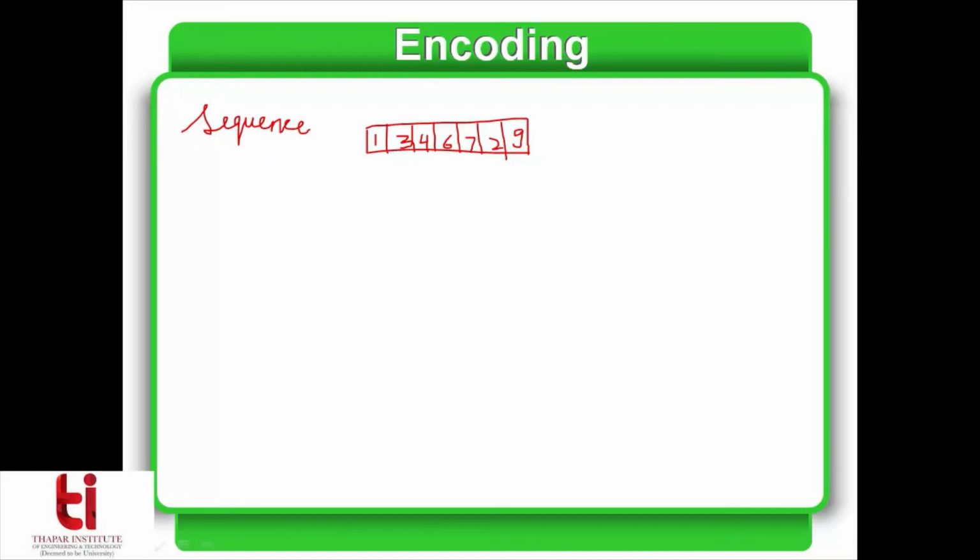Normally this is used in ordering problems, such as finding the shortest path, or the traveling salesman problem, which is a very typical problem solved with genetic algorithms. I can identify each city with a number, and the order in which the cities have to be covered can be represented as the solution. The first solution can say I go to city 1, then to city 3, then 4, 6, 7, 2 and 9. Similarly, I can have another combination of this. So the number of elements would be the number of cities in the given example of the traveling salesman problem.